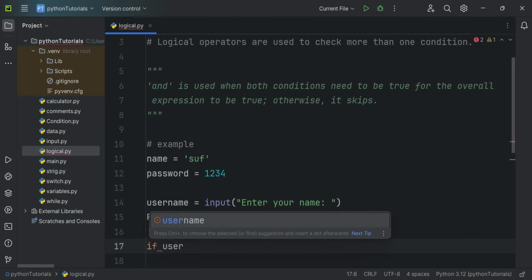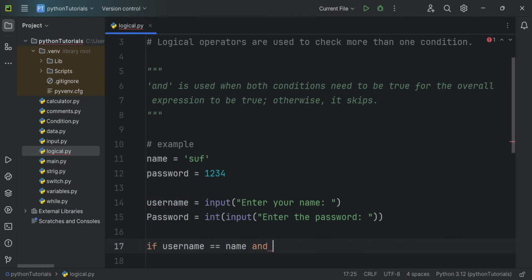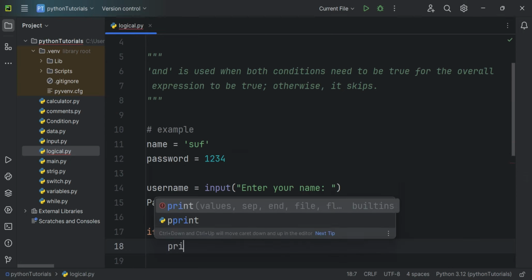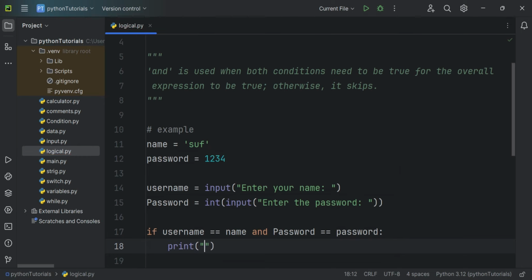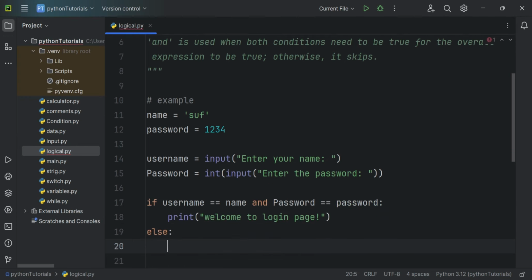Then username equal to name, and 'and' is a logical operator. You can see the and keyword is in orange color. Okay, then the password, P in caps, equal to password like this, then a colon at the end of the statement, then print "welcome to login page" like this. Otherwise, like this,